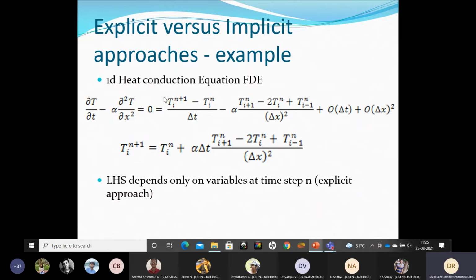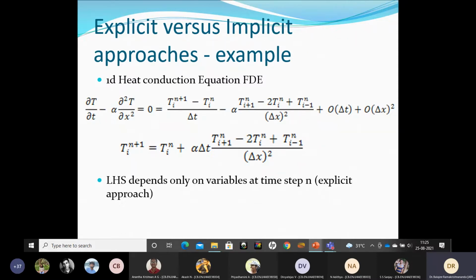So we want at least an exact solution to this FDE. Even this, your round off error is eating into it and creating problems. This is what we want to see: if there is a round off error, how will it behave? Will it get amplified or will it get dissipated?